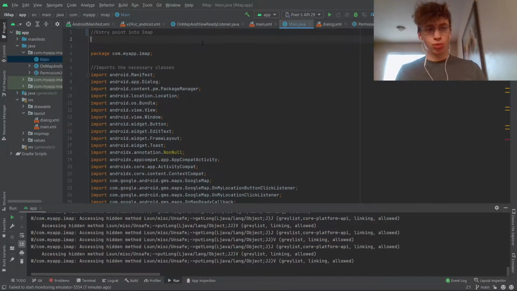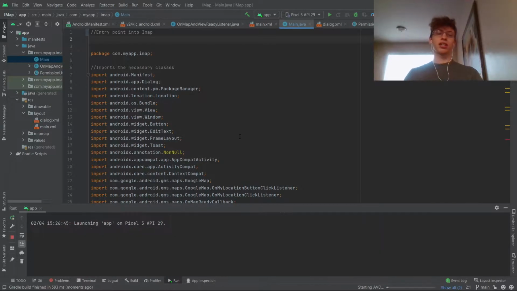All right, so my name is Matthew James, and I decided to make an Android application. I wanted to learn a little bit about app development, and this was the easiest entry point. So what I've done is I've made an app with the Google Map API, and I've used Java to implement this, not Kotlin. Obviously working in Android Studio,